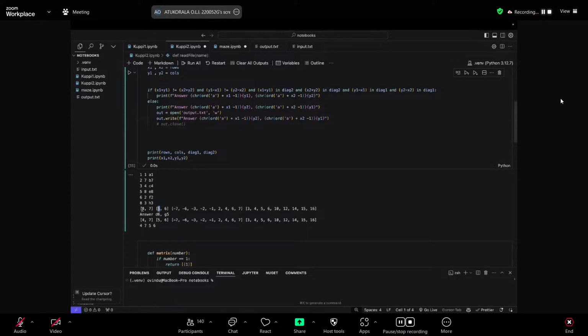So if the current diagonals are the same value, I have to switch my answer. So let's think if I take x1, y1 and x2, y2 as my positions, right? And they are in the same diagonal. That means my solution is wrong for this problem, right? Because of that, I would have to go to the next solution. So that is one of the tests that I have to pass.